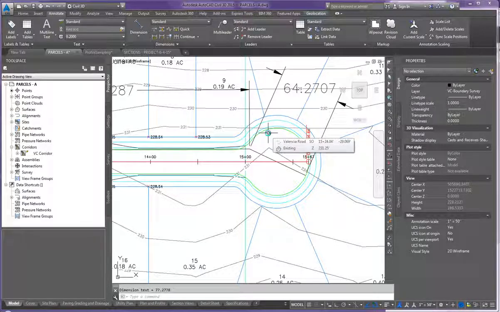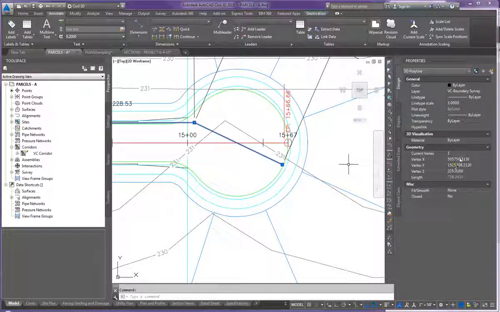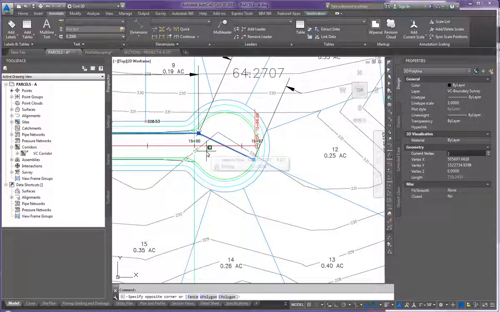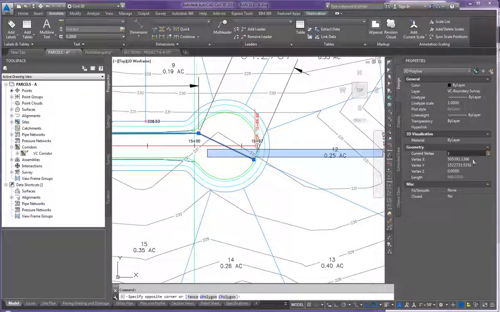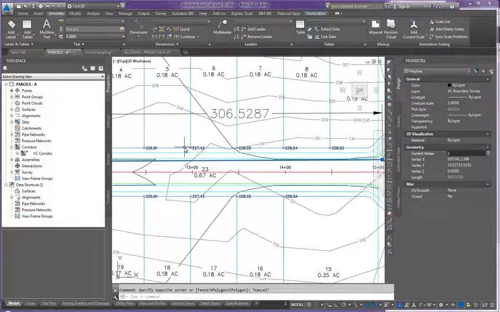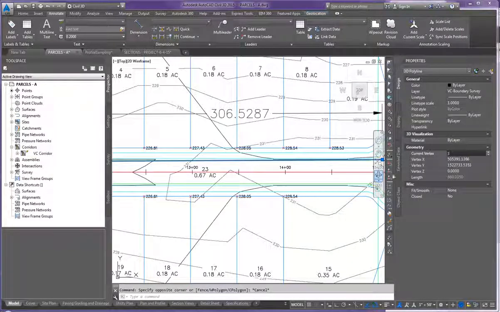We're going to use a continuous slope of 0.5%. So if I started up here at 225, if I pull the next invert down, if I click to vertex 2, then we said over here that was 64.27 times 0.005 subtracted from 225 gives me 224.67. Now I'm going to go to vertex 3. That's going to be 306 feet away, so I'm going to subtract 306.52 times 0.005 from the 224.67, and I'm going to get